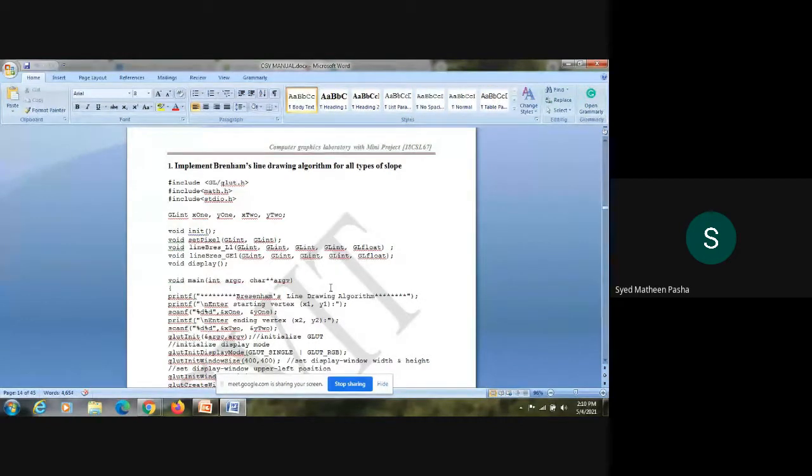What is the next step? That's all. Only two steps in Bressenham's line algorithm. Calculation of decision parameter, that's all. Then it is to find the next point with respect to some formulas.